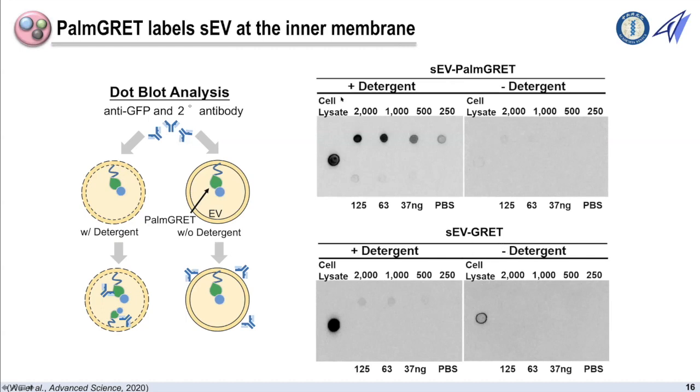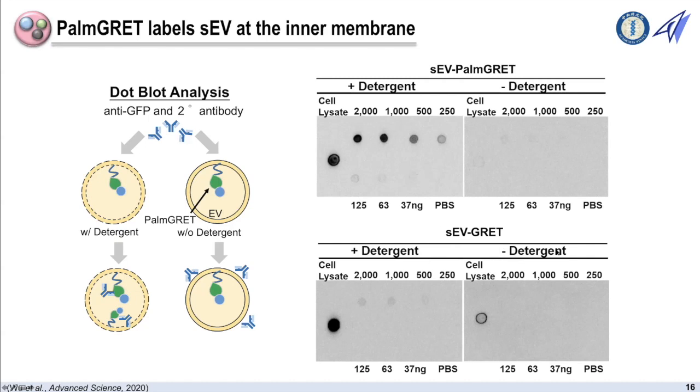So here we can see that with the detergent group, we can detect a gradient signal, and without detergent, it shows a very minor or very dim to no signal. And this suggests that our reporter is encapsulated inside, or labeled on the inner membrane of the extracellular